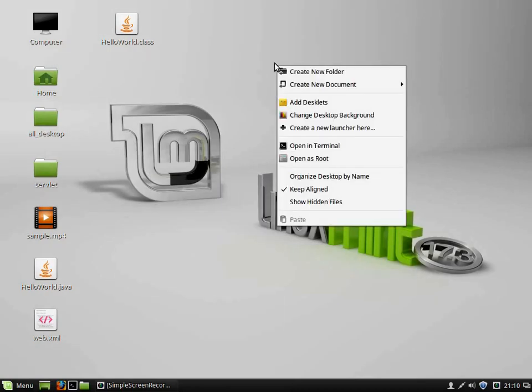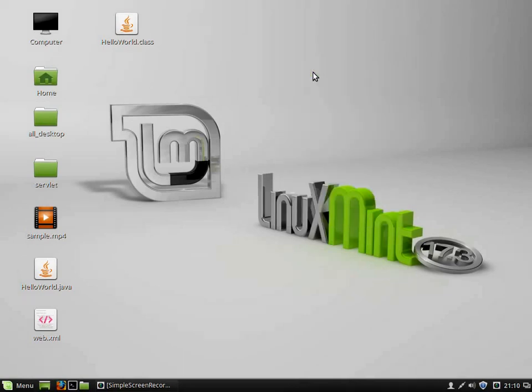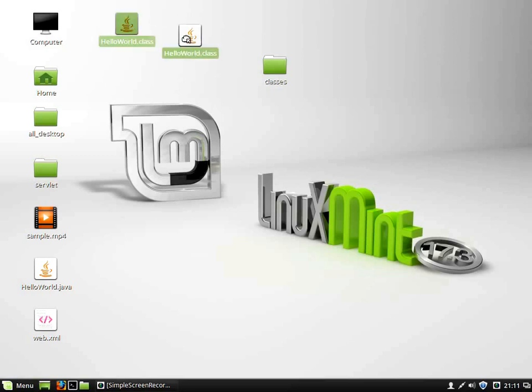From here onwards, please carefully follow the instructions. Here you need to create one folder named classes, case sensitive, small case, without any spelling mistake. In classes, please keep your class. In case you have more than one class, you need to keep them in the same folder. The spelling should be classes.